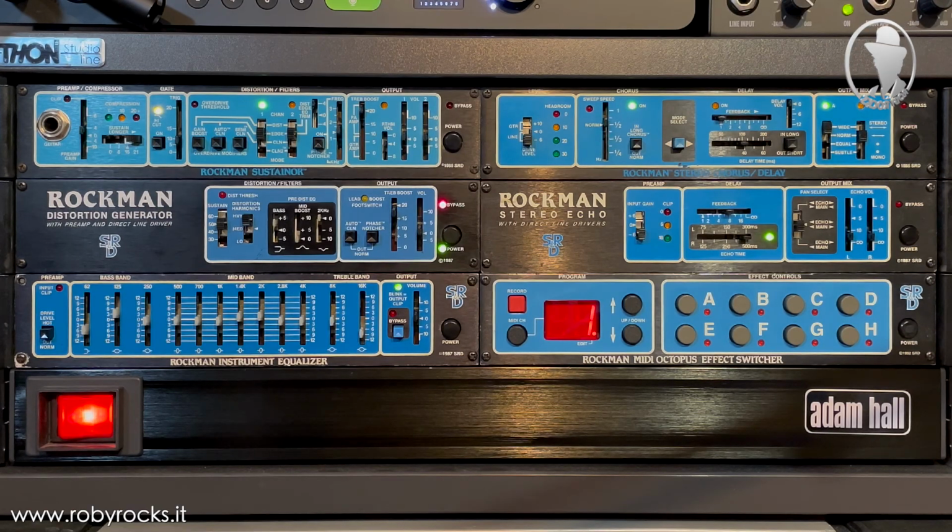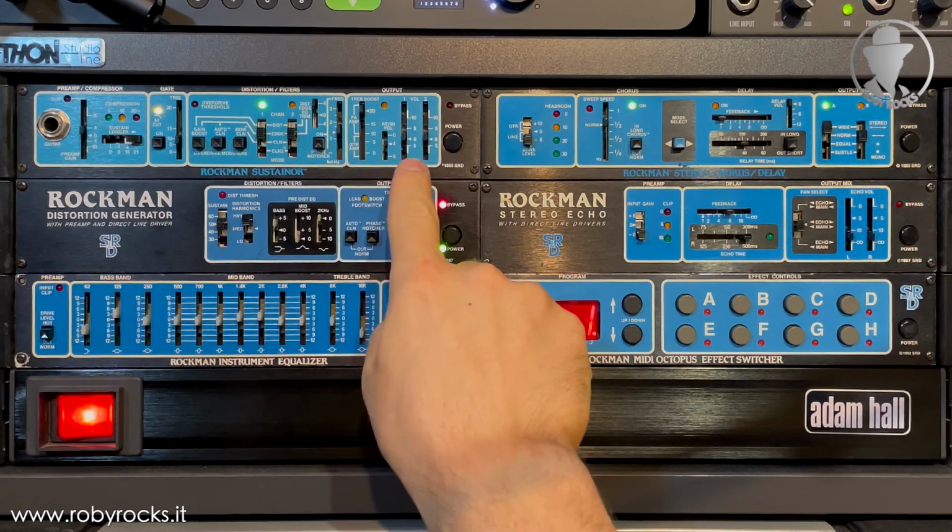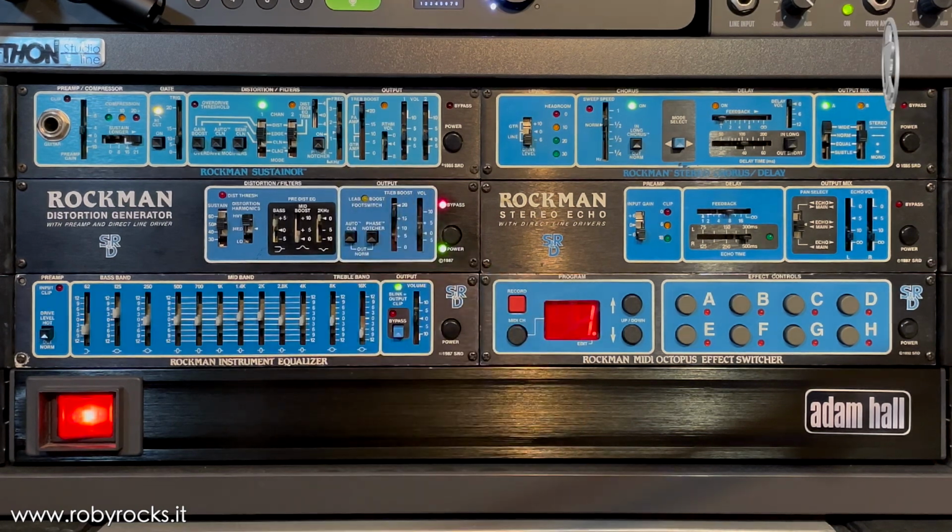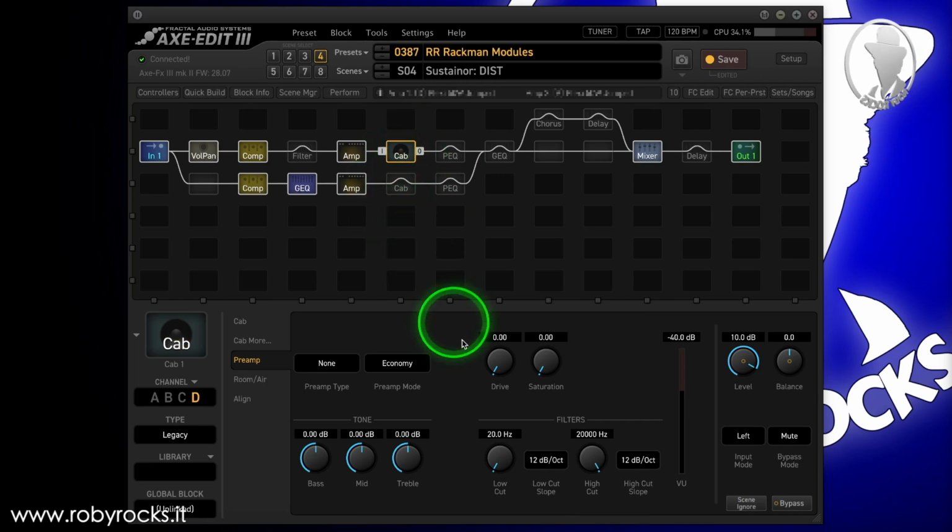The equalization controls here, called treble boost and volume at the end of the sustainer, I didn't replicate because in Fractal you can simply adjust the cabinet's high cut and level controls.